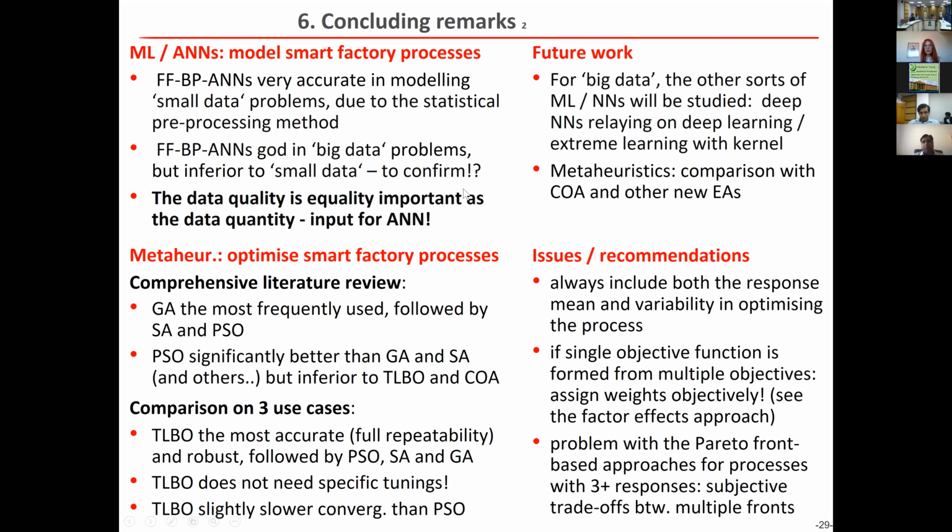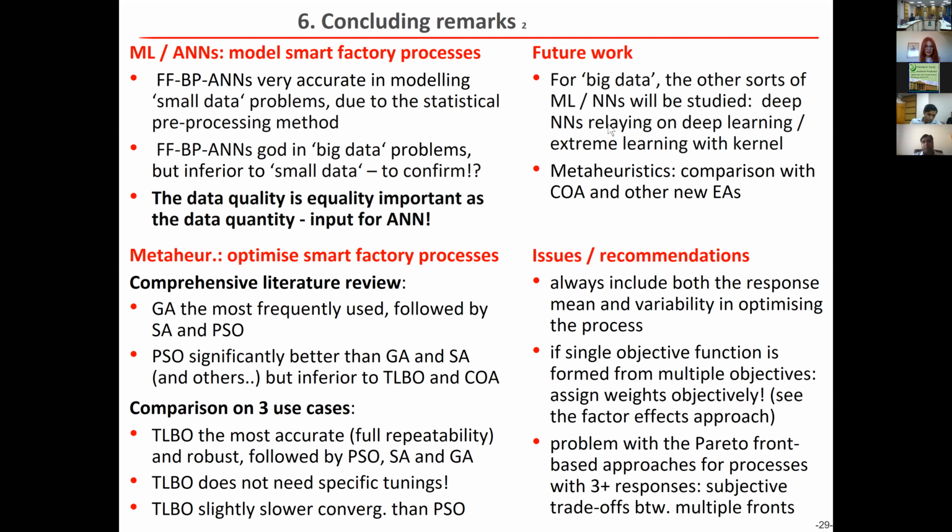procedures. Okay, to conclude, we are talking about soft computing in smart factories being a major part of Industry 4. Regarding machine learning or artificial neural nets, we definitely need them to model the smart factory processes. And what I wanted to prove is that here the data quality is equally important as the data quantity